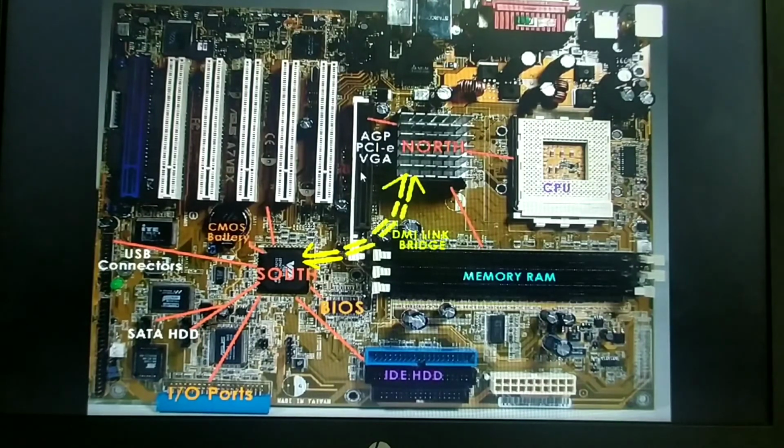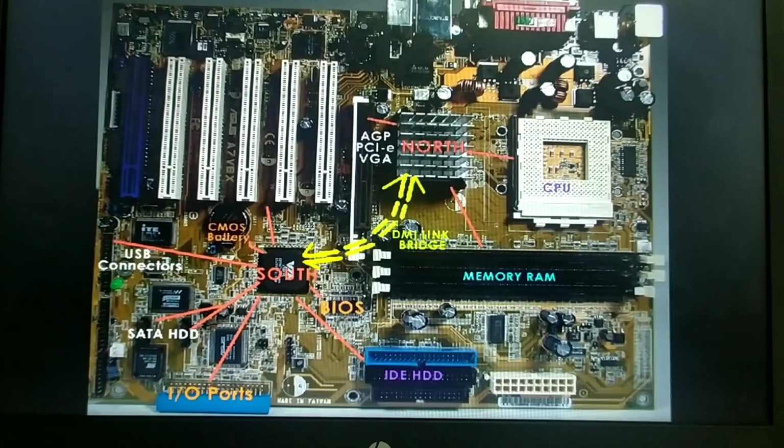It provides very high-end graphics for the computer system and very high-speed video performance, which is usually used for gaming and other multimedia applications that use graphics extensively. For those, we have the accelerated graphics port. It's a port where the graphics card is mounted. Just as we have RAM slots where we place the RAM into the memory slots, in the same way we place the graphics card into a port known as the AGP port, that is the accelerated graphics port.